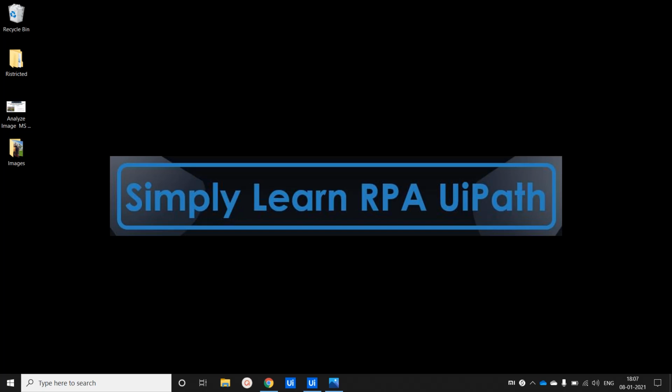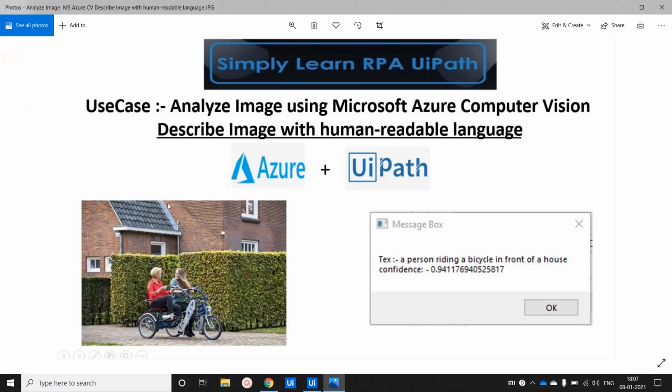Let's simply learn robotic process automation with UiPath. Today we will see the example of Microsoft Azure Computer Vision. Basically, using Analyze Image, we will describe the image with human readable language. So let's open the UiPath Studio,